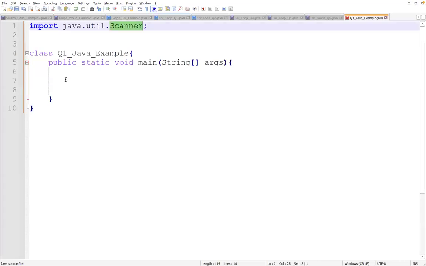First, you have to ask the library name and then keep a space. You have to give a name for the object. You can give whatever name you want as a single word. So in this case, I'm going to give input. You can give whatever name you want. And equal new,